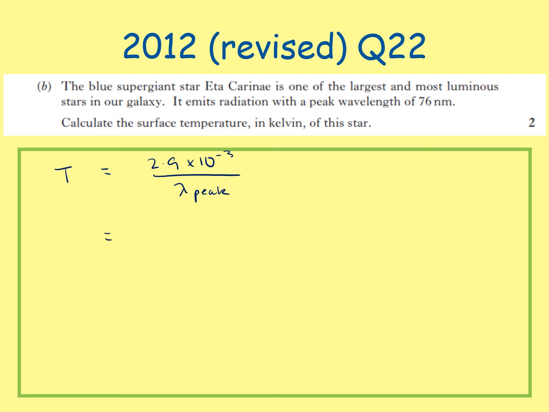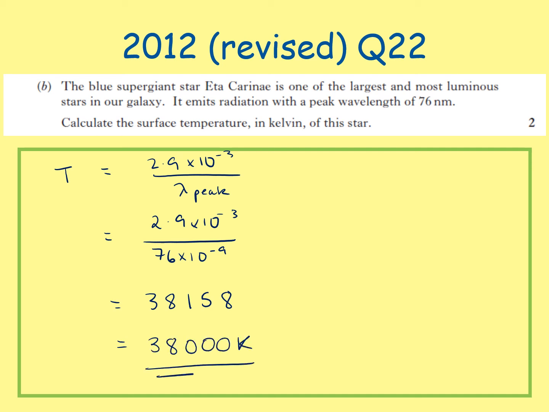And we are given our peak wavelength, so we can just add this into our equation. 2.9 times 10 to the negative 3 divided by 76 times 10 to the negative 9, because that's in nanometers. We get a final answer of 38,158, and we can write this as